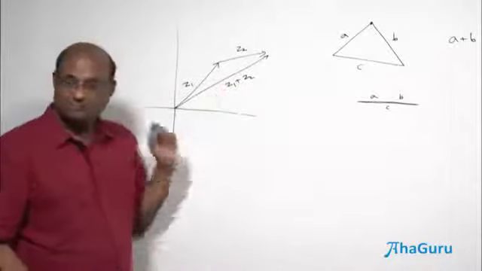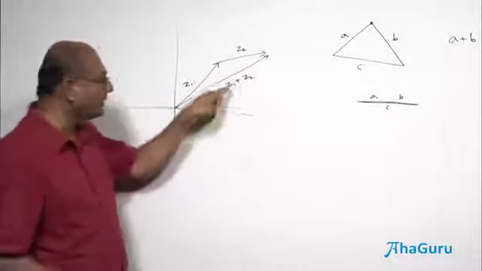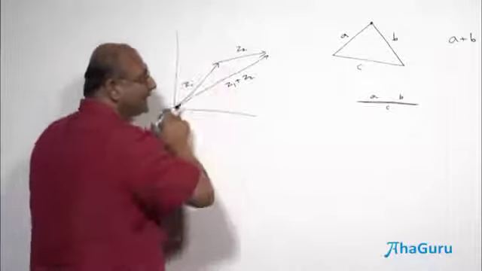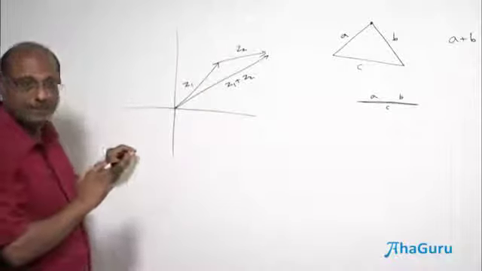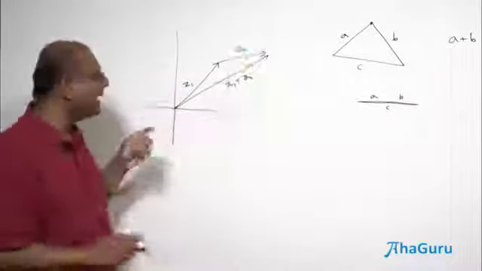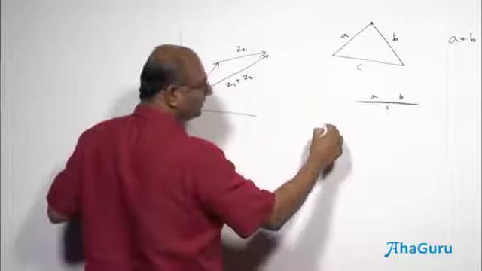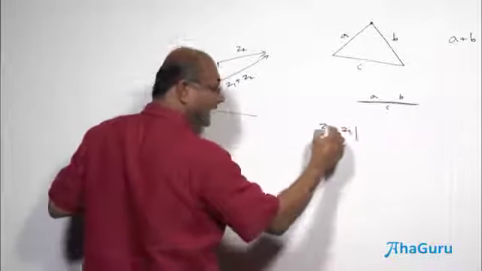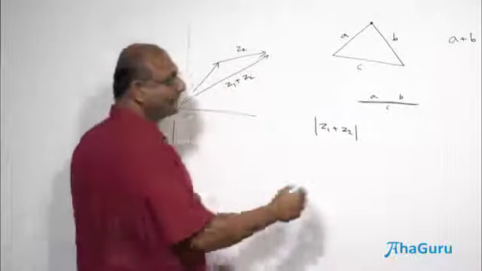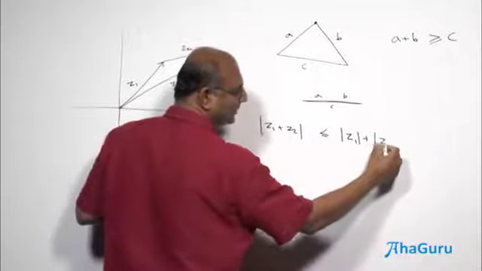Now this is a triangle. So this length, not the complex number Z1 plus Z2. When you're doing Z1 plus Z2, remember that is giving you the arrow. This arrow plus that arrow gives you this arrow. But this length plus that length does not give you this length that you already know. In fact, this length plus that length is bigger than this length. So what we know is that Z1 plus Z2's length, not the complex number, the length of Z1 plus Z2 must be less than or equal to length of Z1 plus length of Z2.